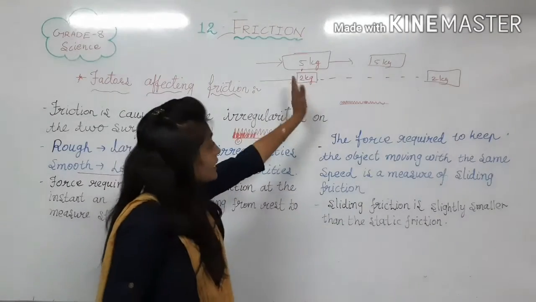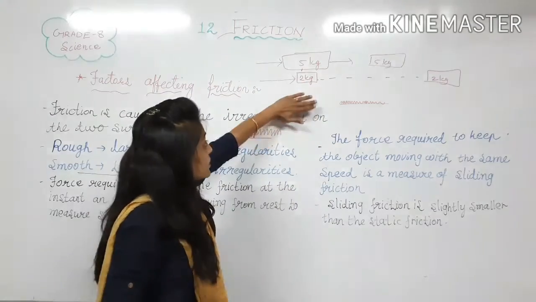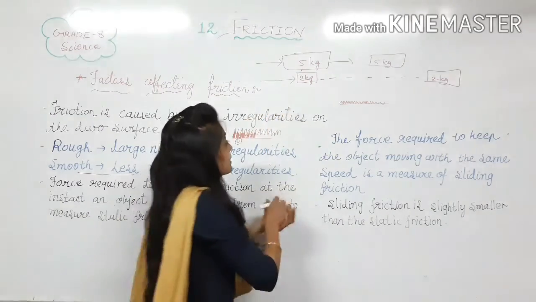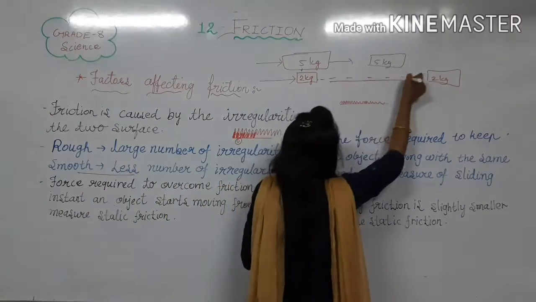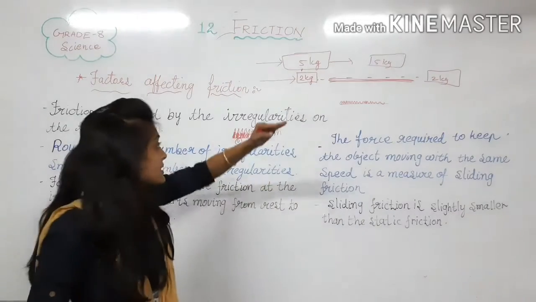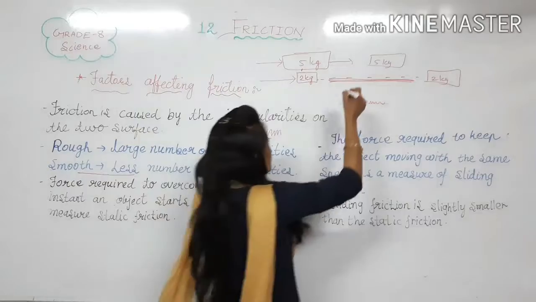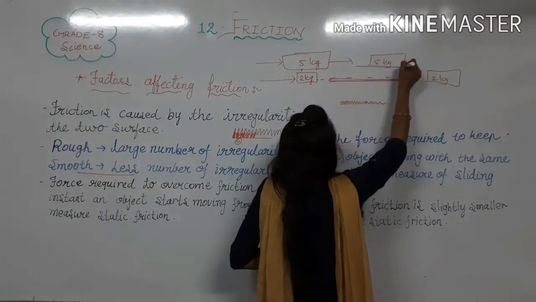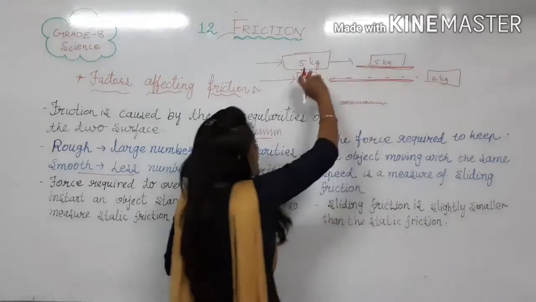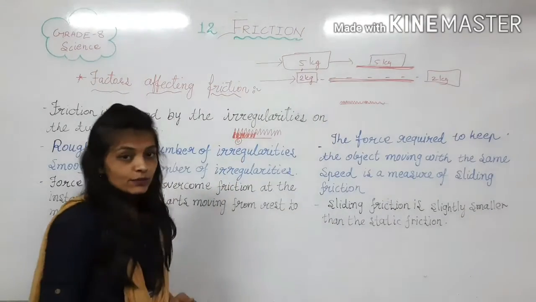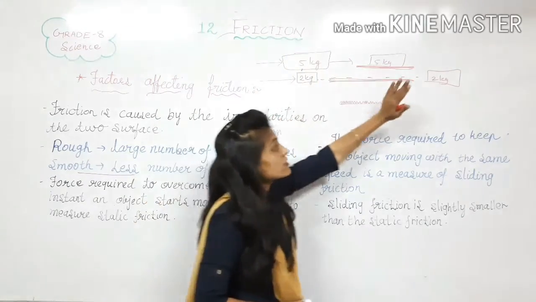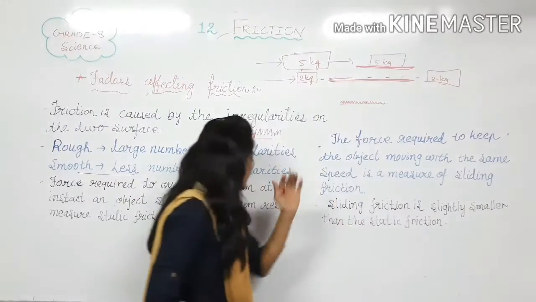So you can try to understand with this box. This is the 2 kg box. Between the ground and the box there is no space to fix on it. But as compared to this, this box is of 5 kg. So it will be fixed here and the motion will be stopped. The motion will be less as compared to the lighter box. So the motion of the heavy box is less as compared to the motion of the lighter box.